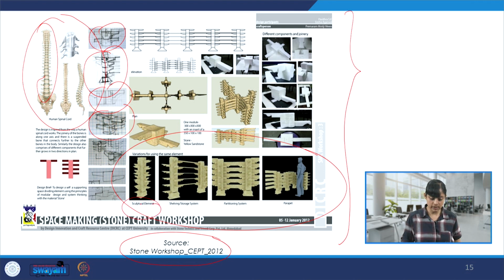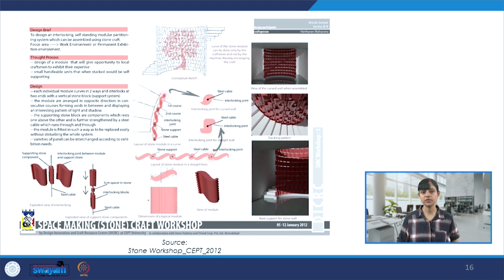It could be a sculptural element, it could be a shelving or storage system, maybe a partitioning system, even a parapet. So, also, we focused on the kind of joinery that was required, and while working on ground with industry, when this prototype was produced on human scale, what were some iterations and revisions we had to do, keeping in mind the weight of the stone and also the concerns regarding its longevity and that the joinery doesn't fall apart and so on. So this was very, very interesting.